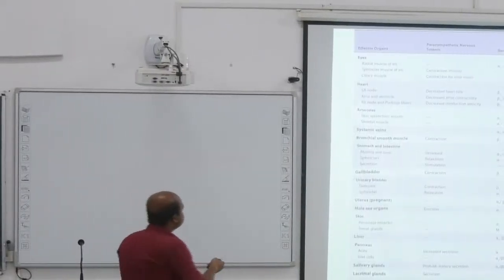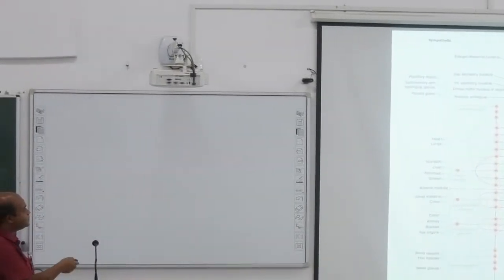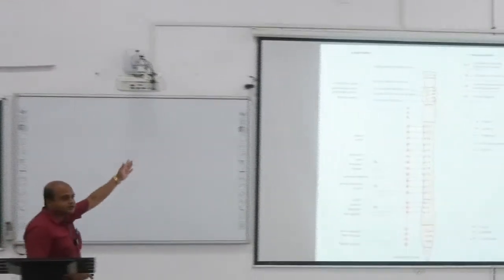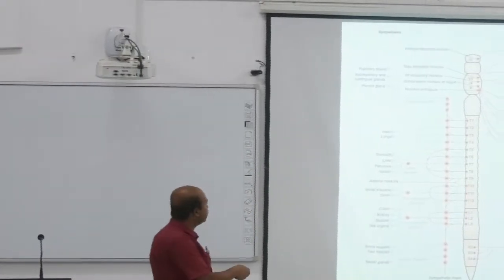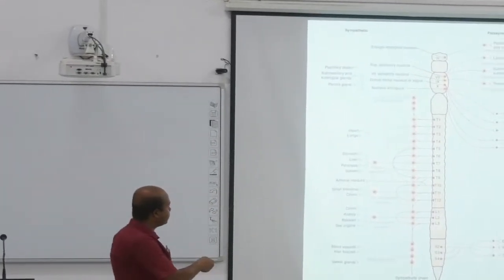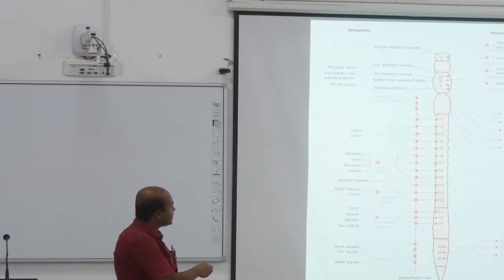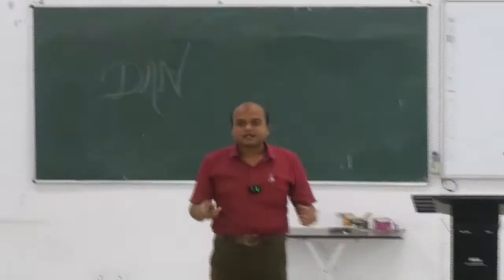Now what are the actions in the sympathetic system? See, in the sympathetic system, there is a sympathetic chain we discussed. The sympathetic chain is composed of paravertebral ganglia which are lying near the vertebra. Preganglionic fibers arise from the thoracic and lumbar part. So the sympathetic division of the autonomic nervous system is also called the thoracolumbar division, and the parasympathetic division is